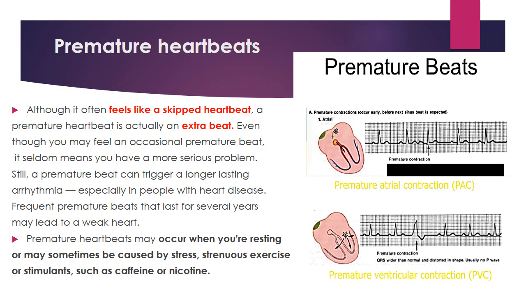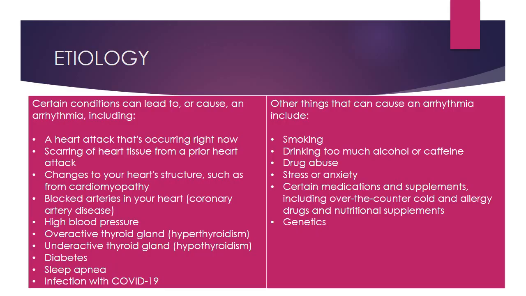Again, that is a premature ventricular contraction, because it is associated with the QRS complex. And here we'll see there is another little bit of a P wave deflection. Again, that is indicating a premature contraction. And when it is associated with the P wave, then it is related to the atrium. So that is what we call a premature beat.